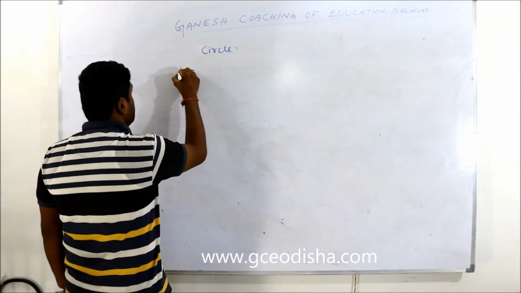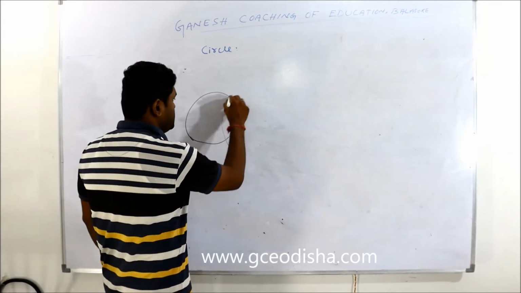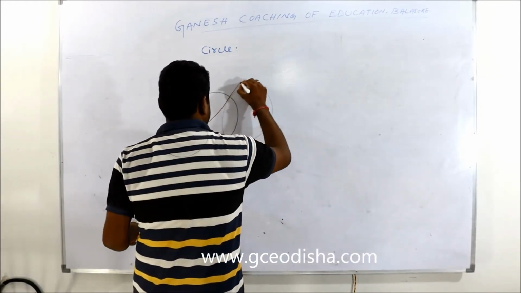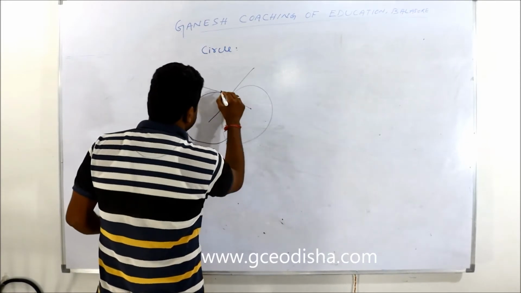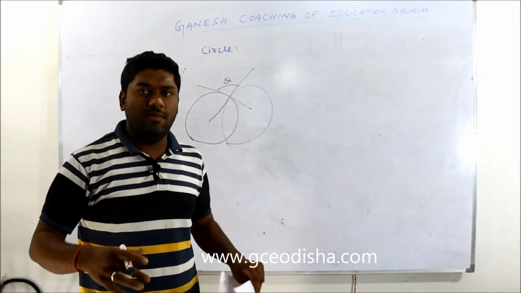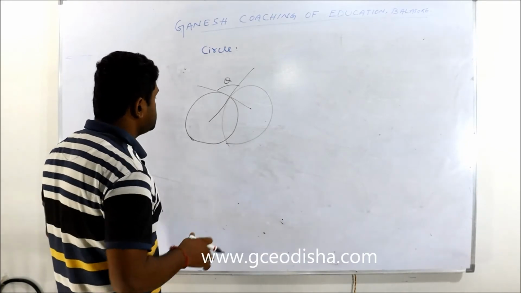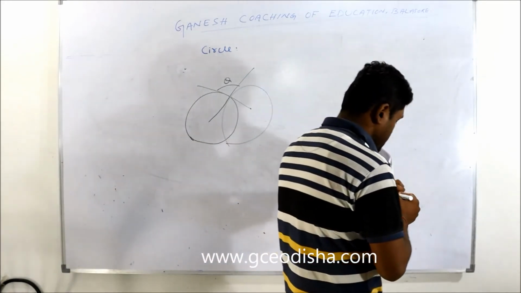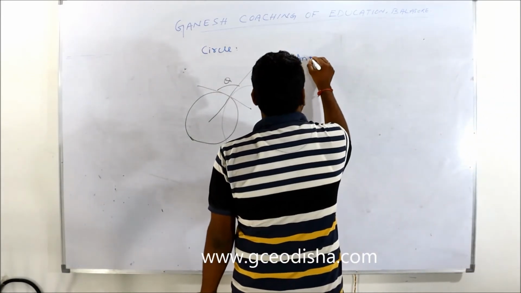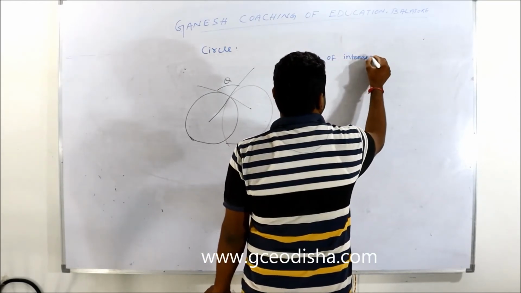Then like this is circle 1. Okay, and this is circle 2. When two circles intersect, okay, from the point like this, there must be an angle between them when two circles intersect. There must be an angle between the intersection, right? And what is the angle when two circles intersect? Angle of intersection